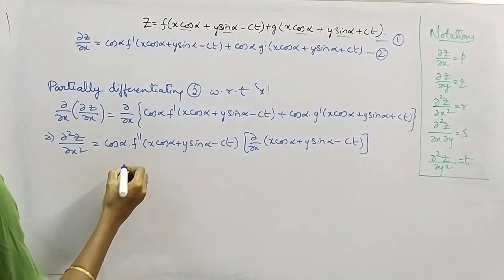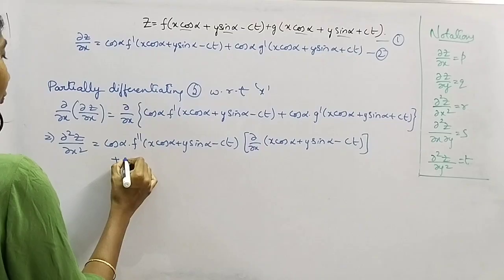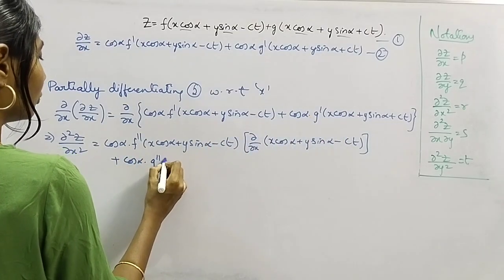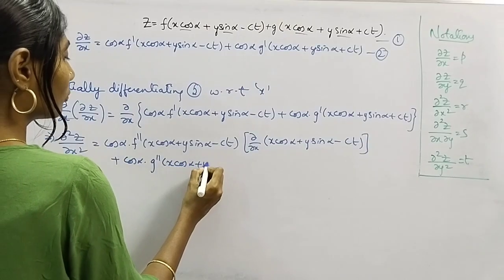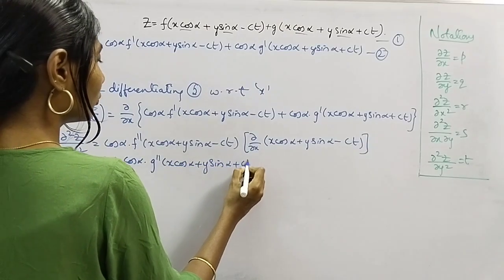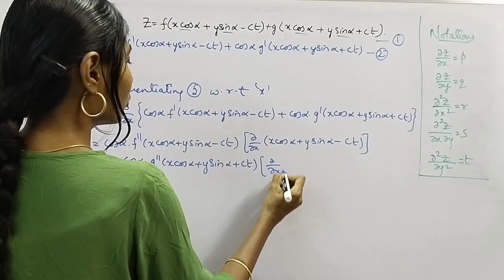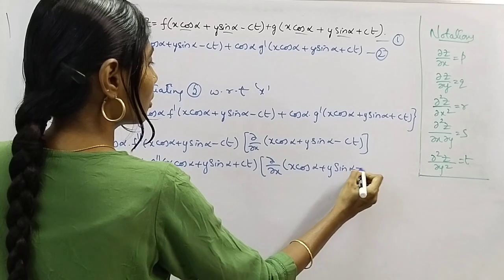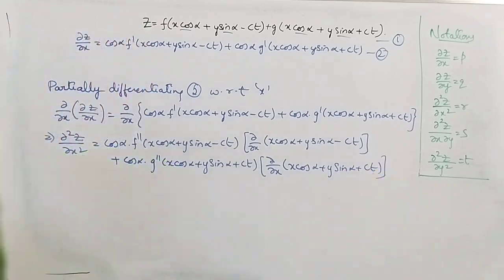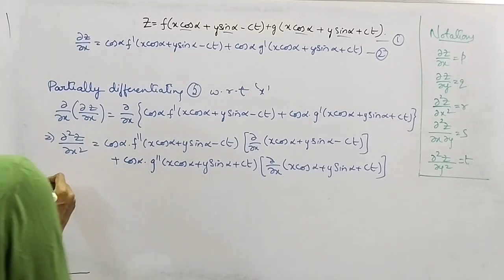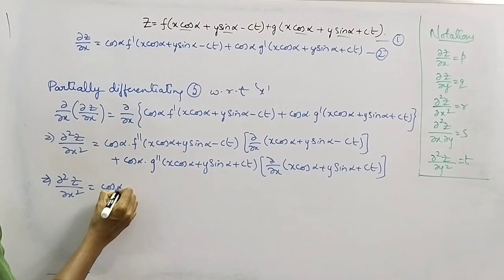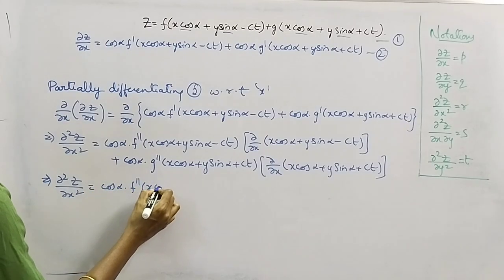You can write the inner derivative directly instead of doing this. Plus constant into partial derivative of g dash is g double dash, into inner derivative dou by dou x of x cos alpha plus y sin alpha plus ct. Here we are partially differentiating with respect to x, so we'll treat y and t as constant, okay? And this gives us dou square z by dou x square equal to cos alpha into f double dash